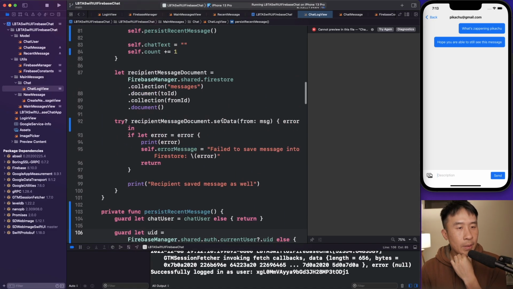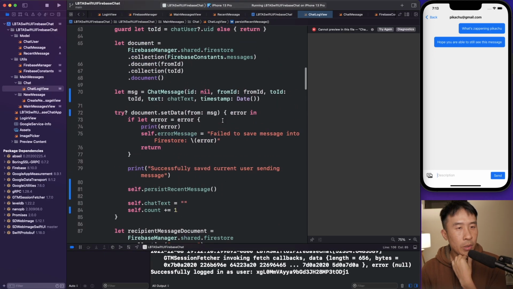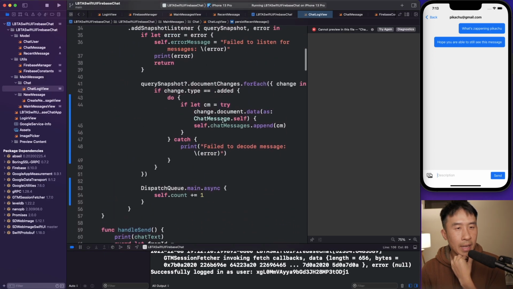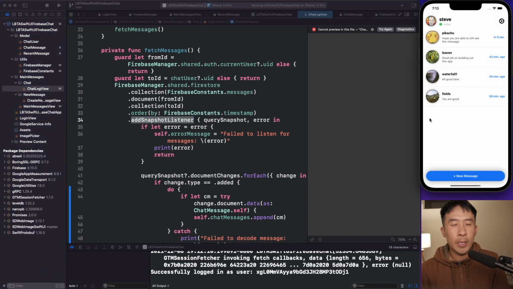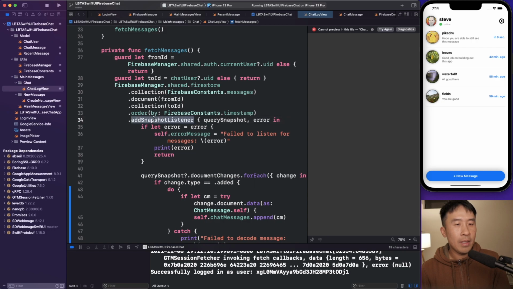Okay, so quickly, let me show you a bug with our application right now that occurs inside of this fetch messages. You'll see that this screen, right? We're also fetching all of these messages using this snapshot listener, just like we did in this screen here. So we have this issue where